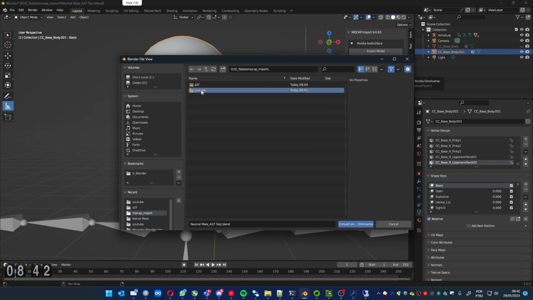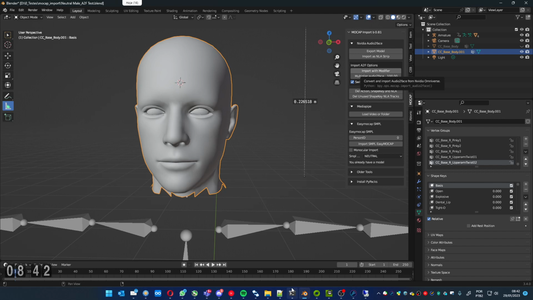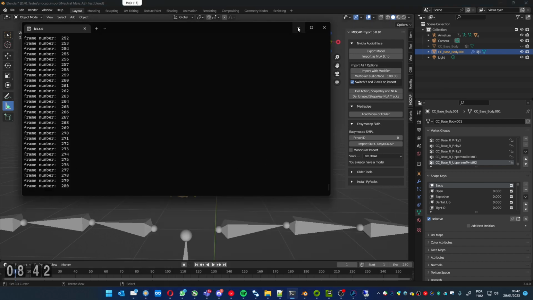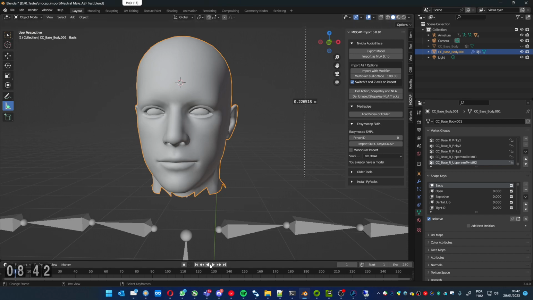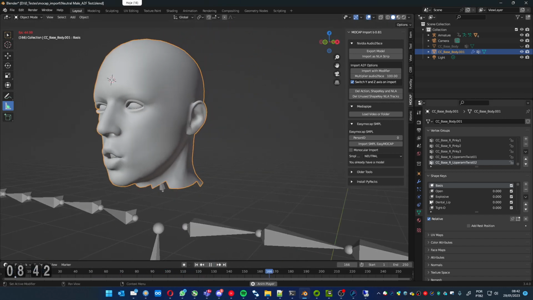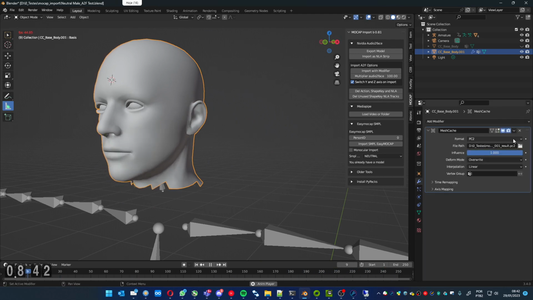So import with modifier. Mocap import YouTube. That's the file, the place that I added. And you have this MC file. Just open it, and you can see on the console what it's doing in case it's already finished. And you can see the animation. It's here as a modifier. If you disable it, the animation will stop. If you enable it,